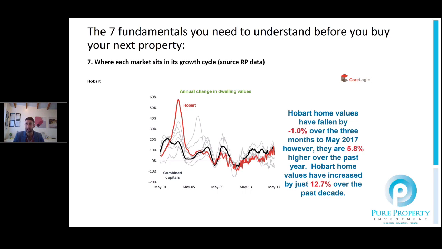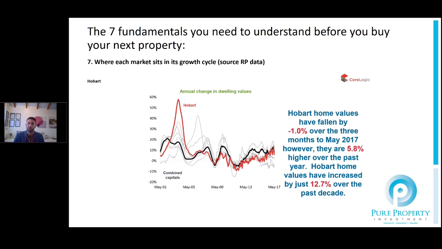And we're talking interest rates as well as gross yields are really helping out investors in that market. We're talking gross yields in some properties we've secured for clients there of upwards of 7 or 8% and growth of 10 to 15% over the last year or 2 years, and quite low entry level as well. So I think we're going to see a nice sustained growth cycle and period for Hobart, and I think they've probably got a good couple of years left in them.